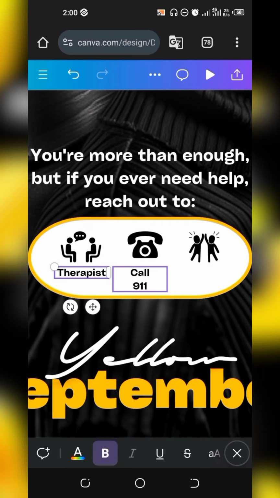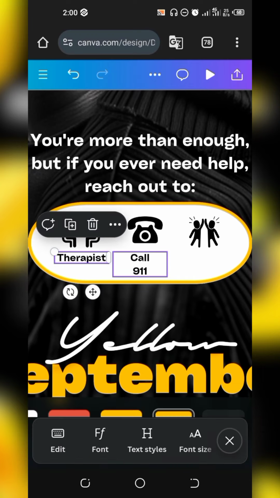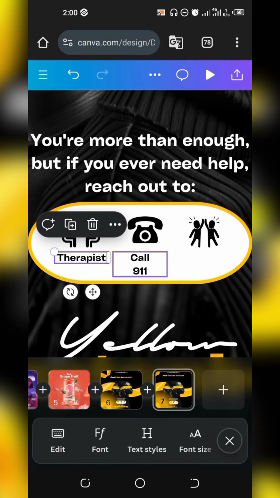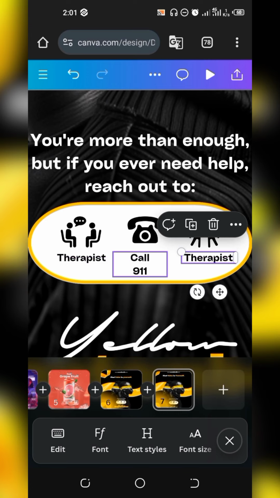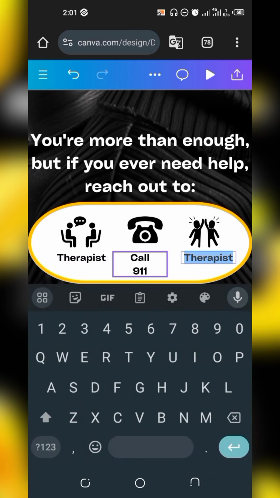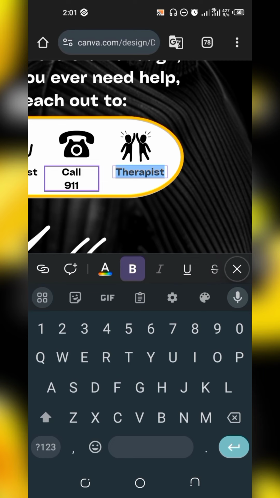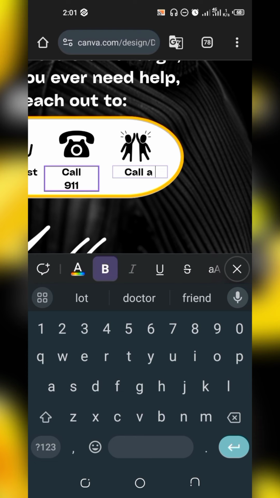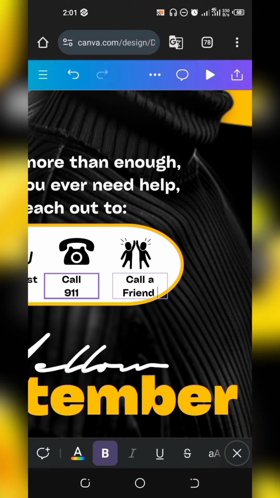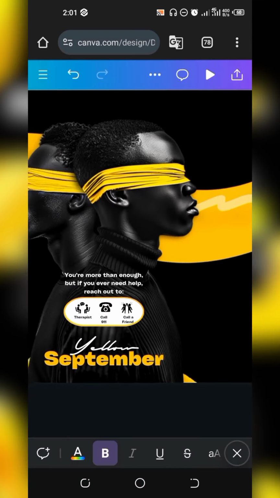Let's duplicate this therapist again. Duplicate, then write. Okay, make sure all of them are at the center. Then write call a friend.